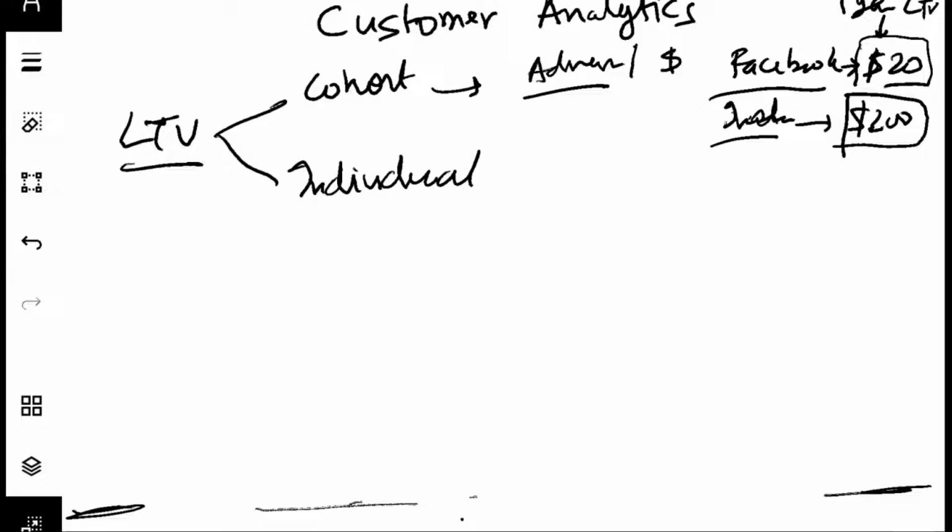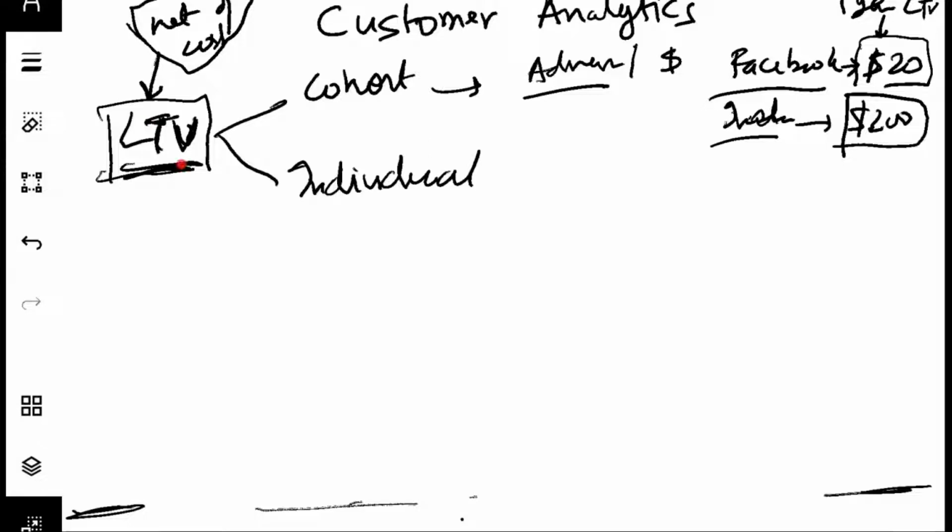And also, by the way, one thing I want to talk about is the way you define your value is up to you, right? It could be net of cost, net of marketing, or it could be gross value the customer generates. Those definitions are for you internally. It depends on how you are able to use this value, right? So there's no set rule for that. It's the value that is most applicable, most useful for you within your organization that you would use. Some people do it on profits, however way that you want to model.